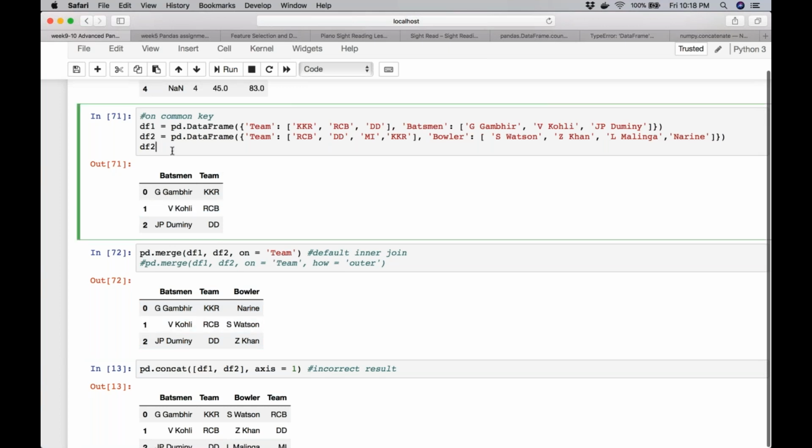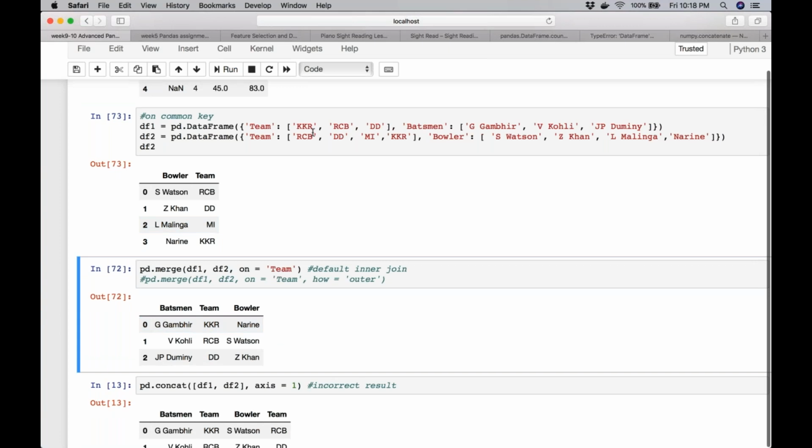Correct. So in DF1, the first row was KKR and Gambhir. Then it picked up the corresponding KKR here, Narine, and a new row was created. Similarly, RCB and DD. Of course, it skipped MI because we used the default inner join.